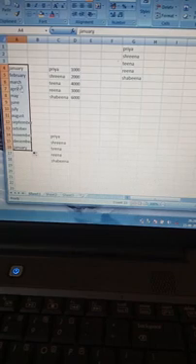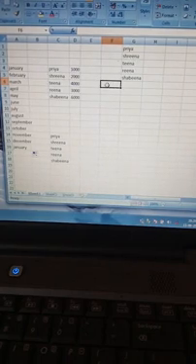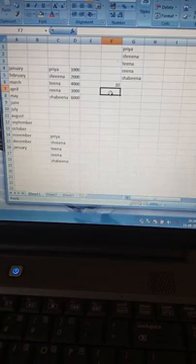If you want numbers, suppose I type 10, and in the next cells I want 20, 30, 40, like this.